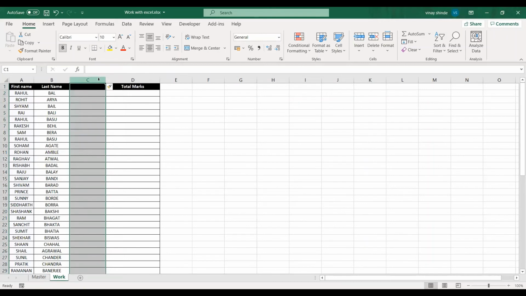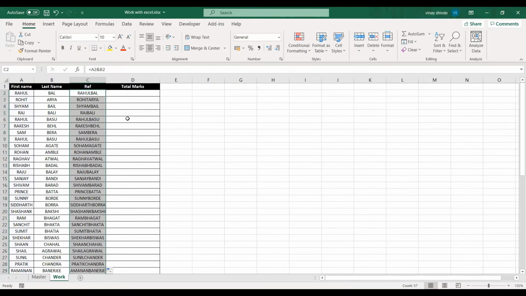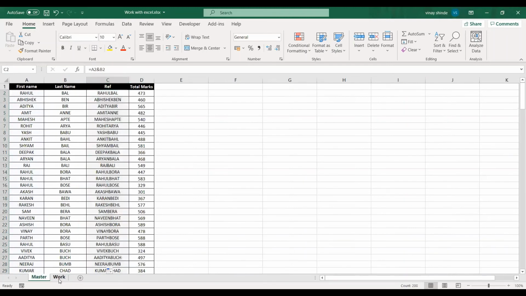I'll insert one column, mention it as ref, and also do first name is equal to first name and last name, enter, drag it down. Okay, now we have unique values in this ref cell. So now my work is easy.